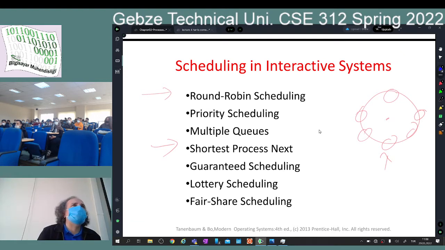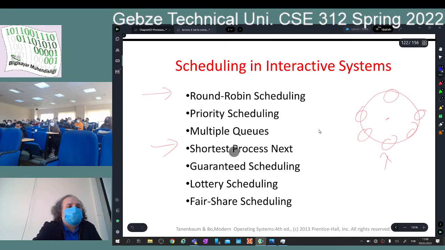How am I going to use this round robin algorithm? With the round robin algorithm, we have the quantum time. How can I play with the quantum time? And how can I play with the priority numbers? Okay, so this one changes the quantum time by looking at the estimated running time. This one says that nobody is going to be starving. This one says that I'm going to use this new creative idea of lottery scheduling, so I am going to prevent this priority inversion, and this one is about the user, etc. Everybody has a different motivation.